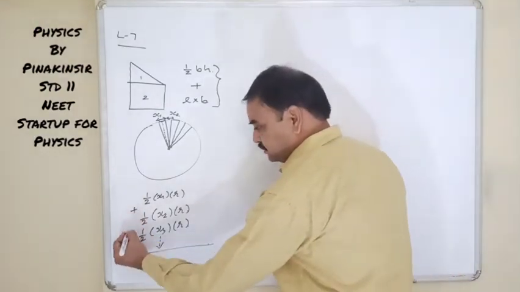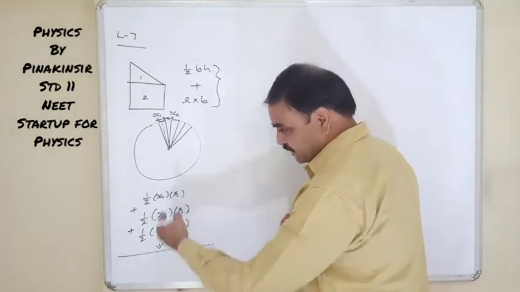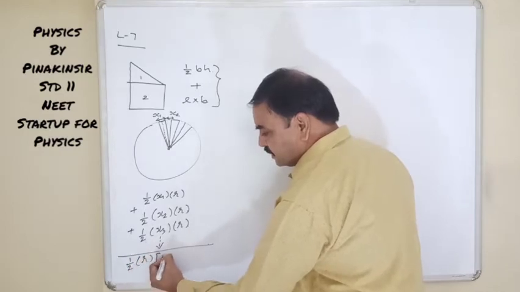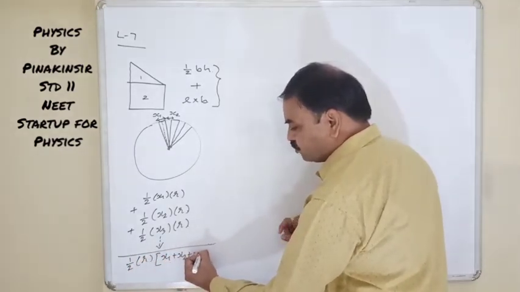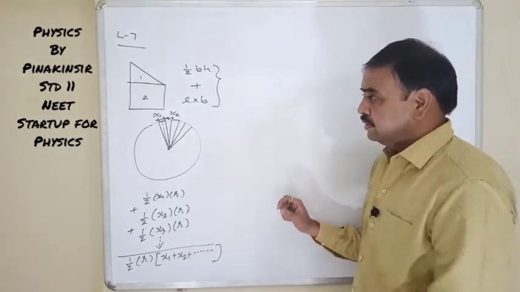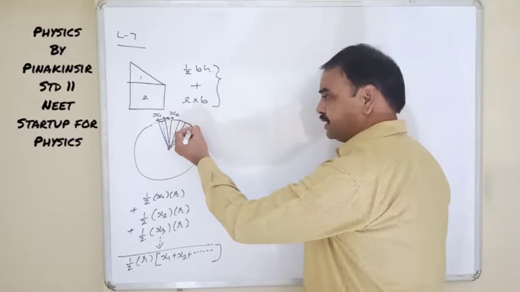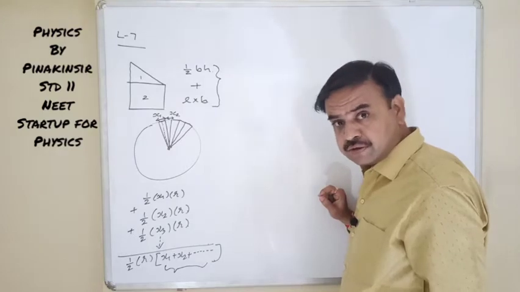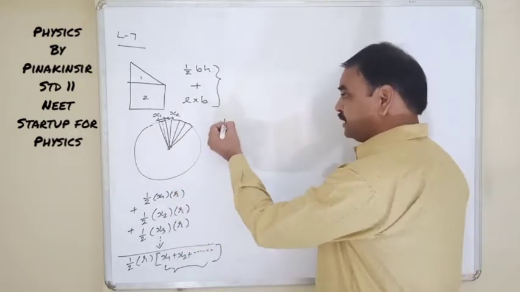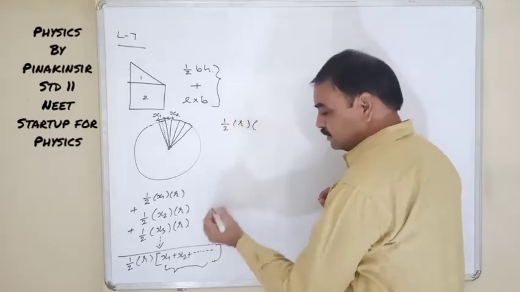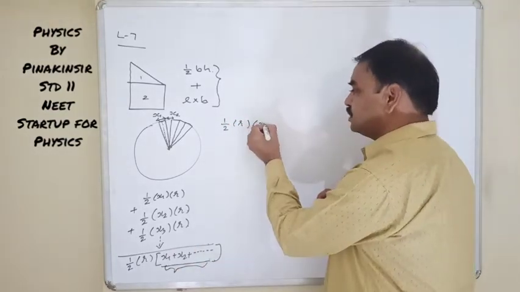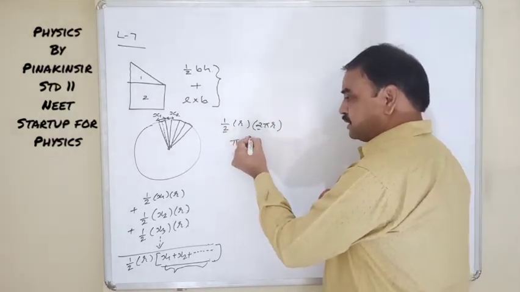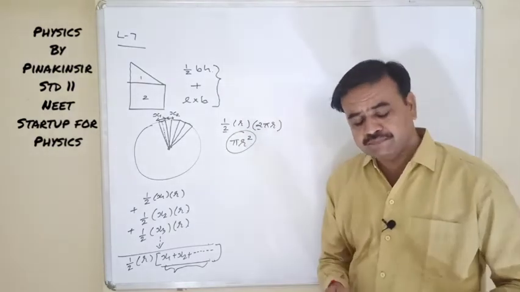Thereby, to get the total area of the shape we can sum them, and as you know very well, r is common in each and every term. Into the bracket there will be x1 plus x2 plus x3 plus x4 and so on. Now what will be the answer of this particular bracket? It is nothing but the circumference of the circle. Thereby area will be equal to 1/2, and the total of this sum will be equal to the circumference, which is nothing but 2 pi r. The 2 will be cancelled, and your answer is pi r square. See, that is the magic of differentiation.